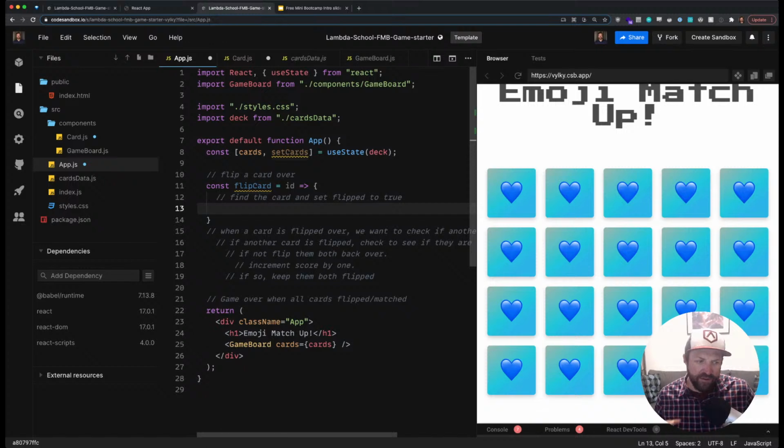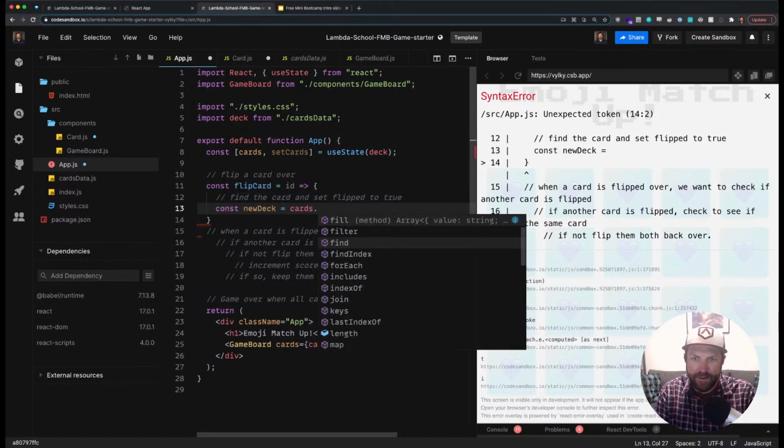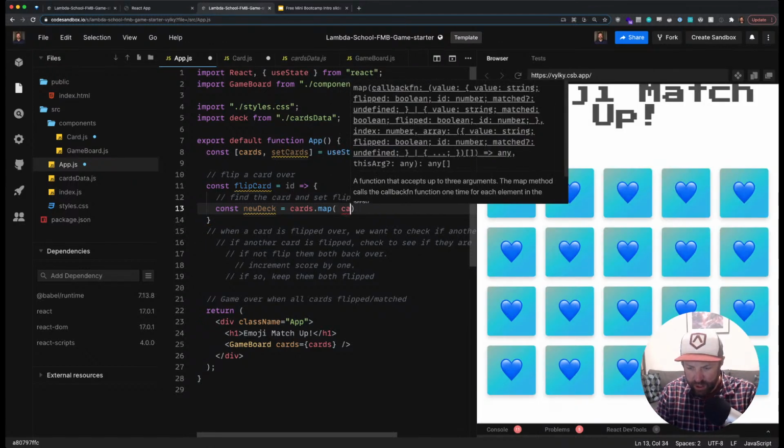We actually have to map over it, create a new data set, and then pass that new data set back to React. So to do that, we're going to say const new deck, and then we're going to say cards dot map, individual card,